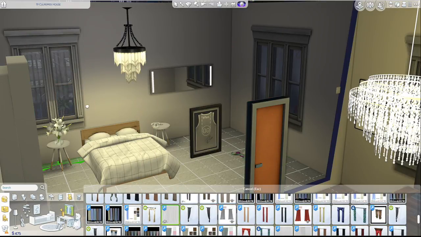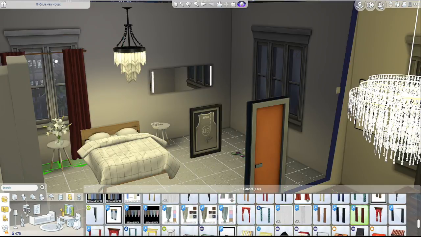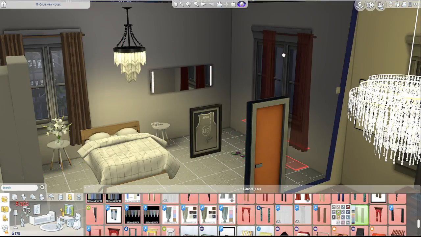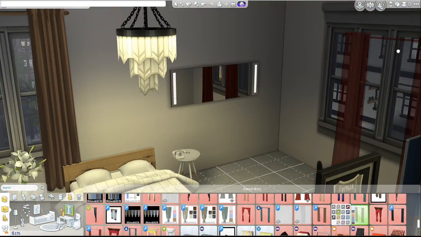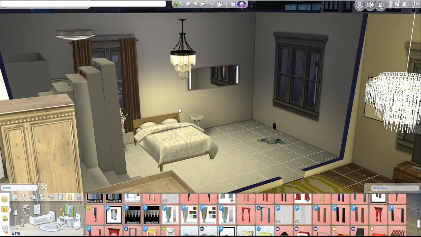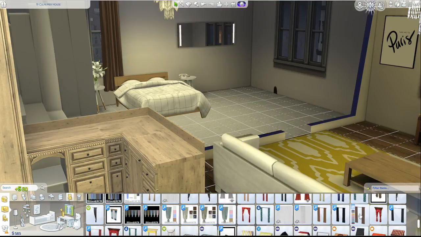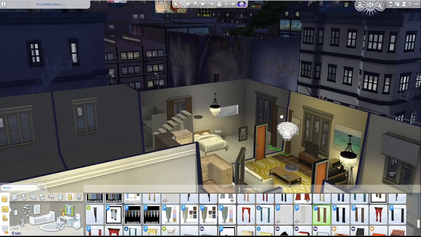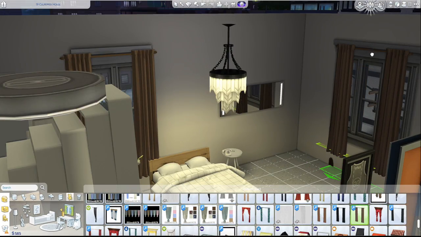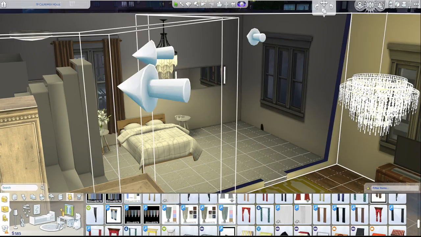So I went backwards and forwards with whether I wanted lace curtains, net curtains, or some more silky curtains, and I've decided on a kind of neutral brown colour, and it does work really well. And then as you can see, the curtains aren't working because I hadn't noticed, but I'd run out of money, so I had to start deleting stuff quick and fast. So yeah, I don't know what I just deleted, but somehow I've got my money back,